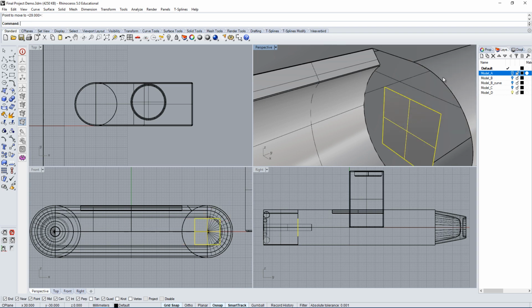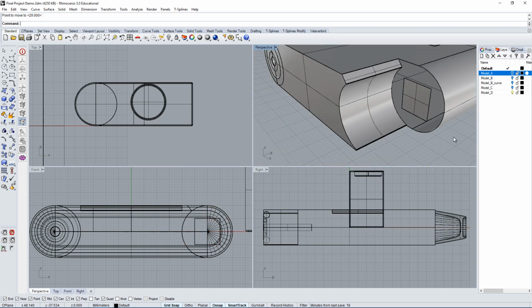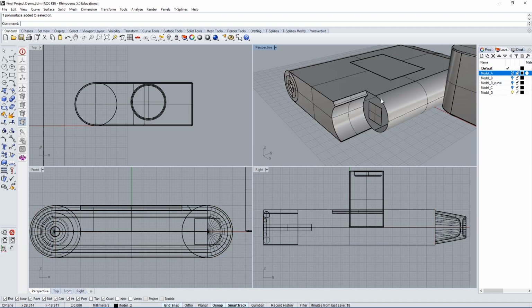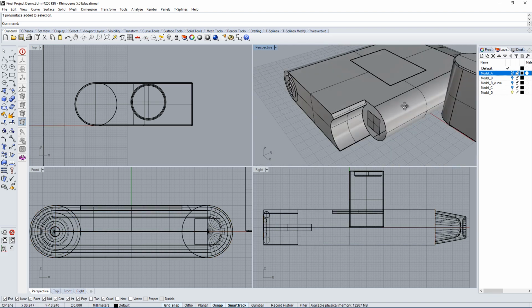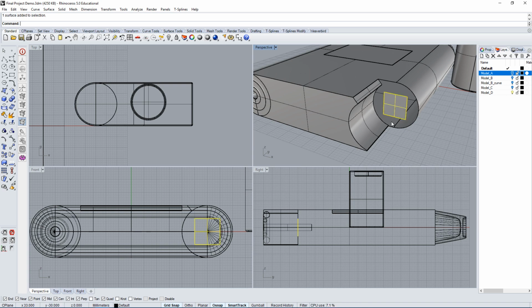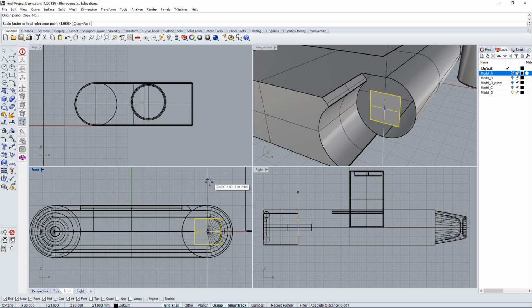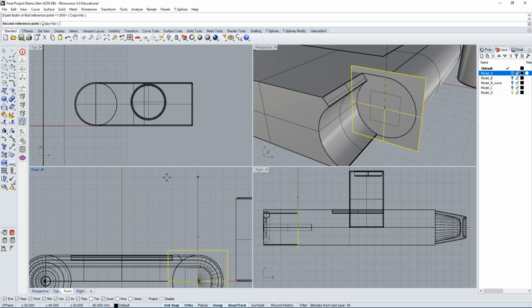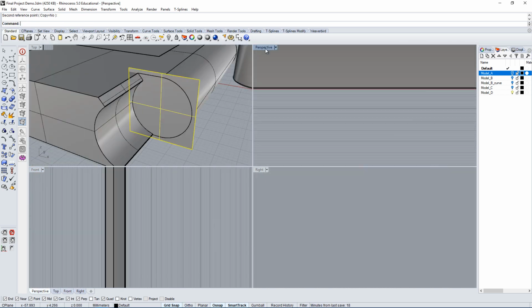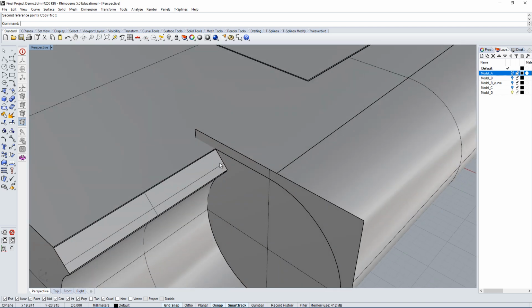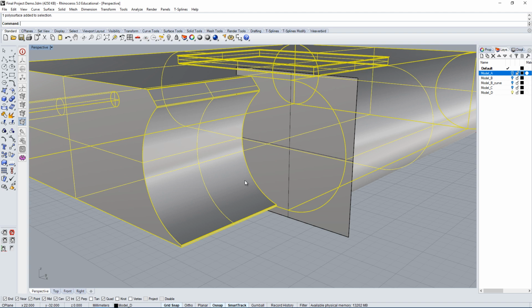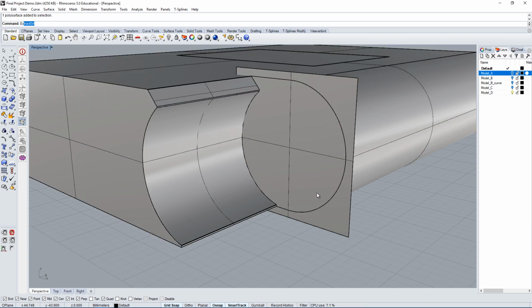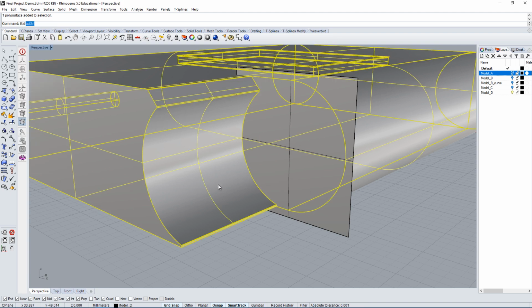In this case, it has a center point because it's a cylinder. This was created from primitives. This was a cylinder, a full cylinder. And so that's why we have a center point. Again, I don't want to get too deep into the details of how everything is built and how this works, to go quickly and make it work. But basically, what you're going to have to do for this one is extract this surface.